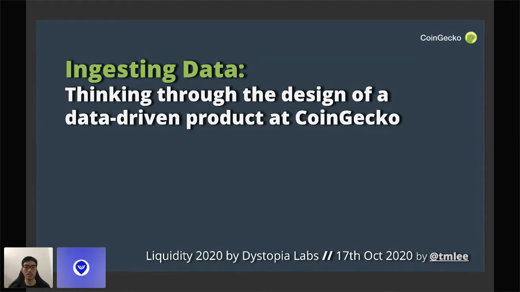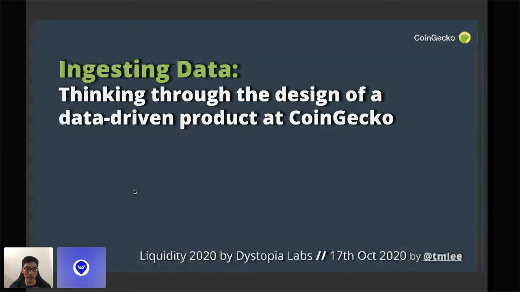Can you guys confirm in the chat that you can hear him once he starts speaking? Hi everyone, can you hear me? Is the audio working? And can you see my slides? TM, do you want to start talking? Can you see my slides? Yes, I can see your slides. All right, great. Okay, so I'll just kick off then.